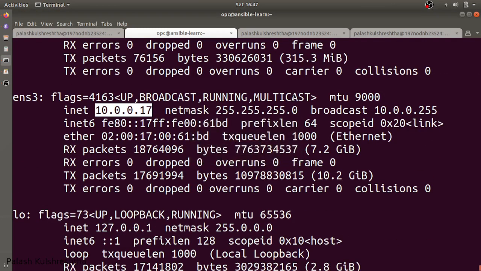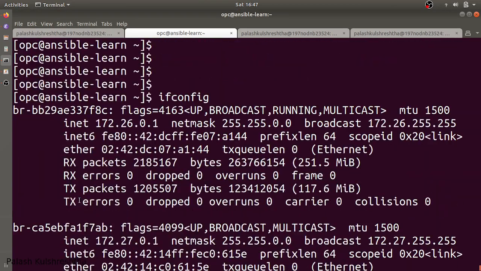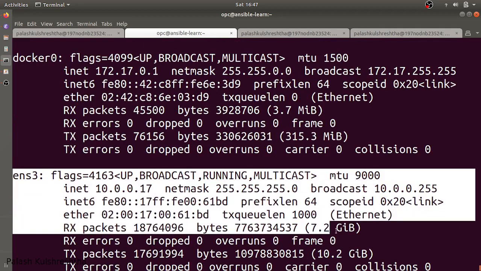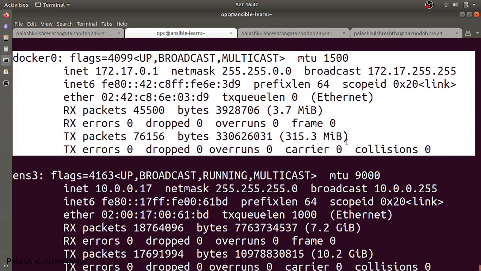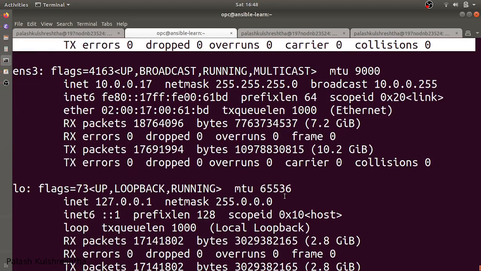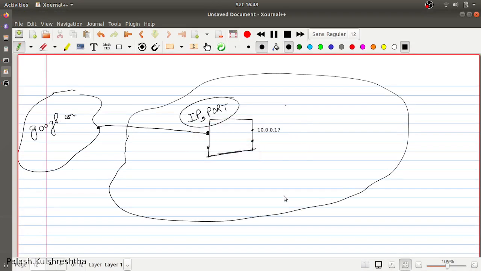Since my system has multiple IP addresses, you can see that there are multiple IP addresses. This is one of the IP addresses. This is one of the interfaces. This is the virtual interface. You can also create virtual network interfaces. We're not going to go into details of that, but just like a physical interface, you can also have virtual interfaces. So this is one of my IP addresses.